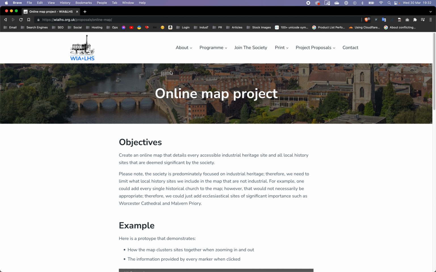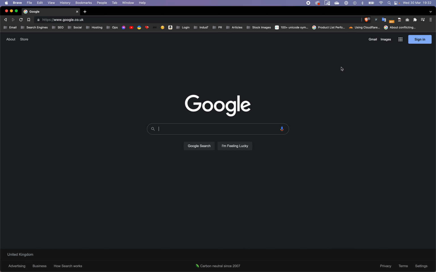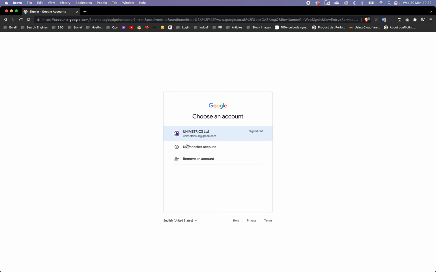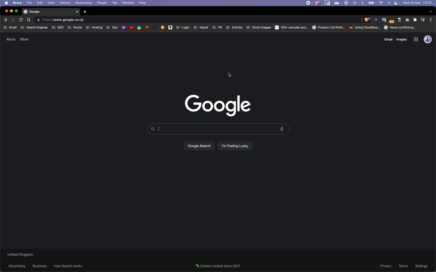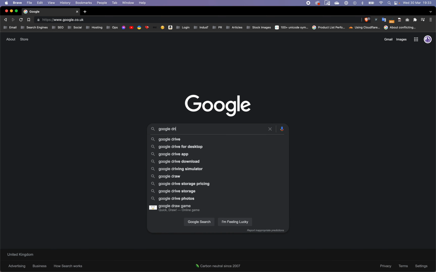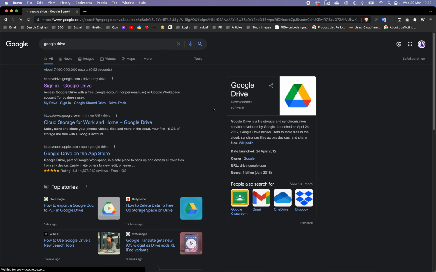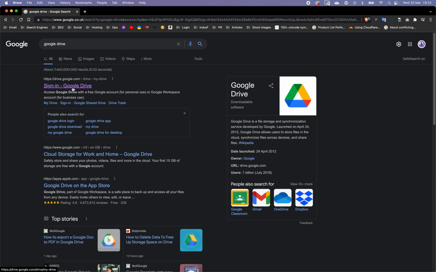So once you've received that confirmation email, you next need to log into your Google account. So we can go back to google.co.uk and then we click sign in the top right hand corner. And if you haven't already logged in, you need to use another account. But in this instance, we're going to select the one that we already have. Now that we've signed in, we need to go to Google Drive. So if you type in Google Drive into the search bar and you click on the first result here,